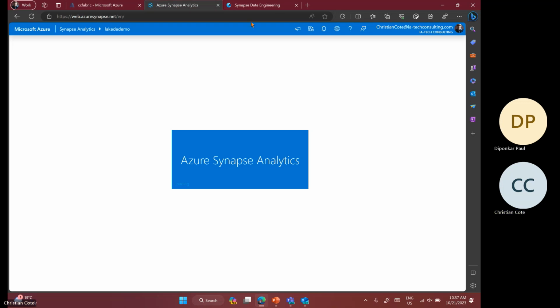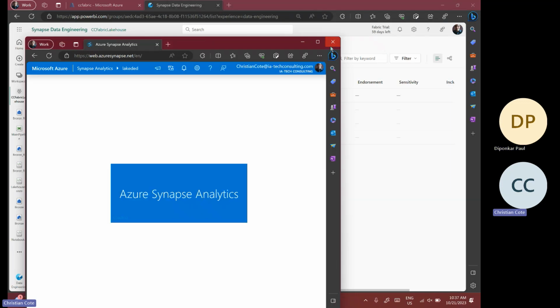Synapse, guys. Yeah. So we have a Power BI capacity and there is a traffic. Power BI workload will go to the Power BI capacity. It's going to be an add-on view of Power BI in the capacity. I'm just asking you. Okay, so I don't want to use Synapse, but now since I'm sharing my screen, I just wanted to close it. Okay, thank you. All right.